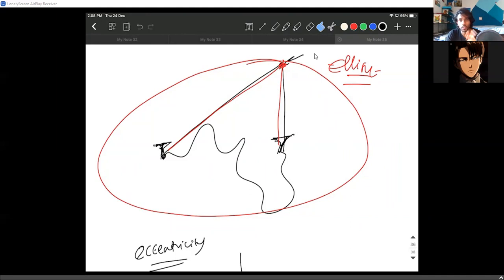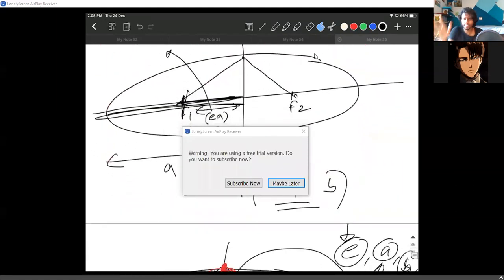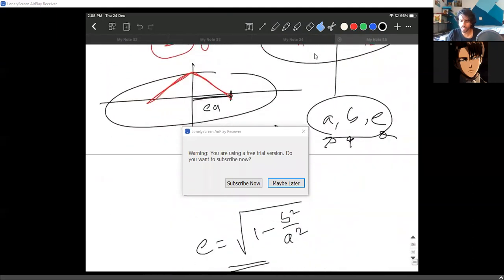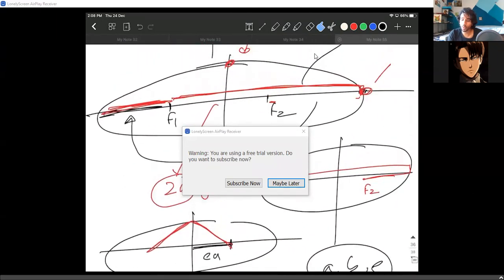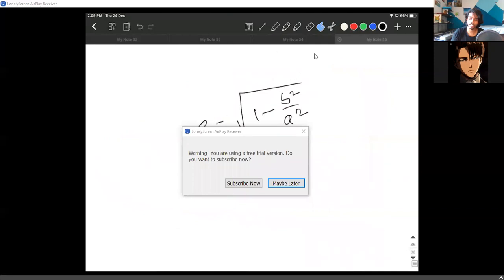Oh, fine. So anyway, that is the point. If you've tried that thing on your own, you have two fixed points, and you tie a string which is loose. You put a pencil, you make it go around. You will get an ellipse. And I told you that in the last class already. But leaving that part behind, we already talked about the structures of an ellipse.